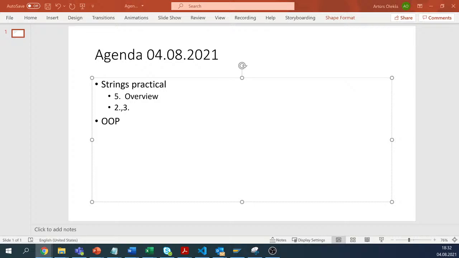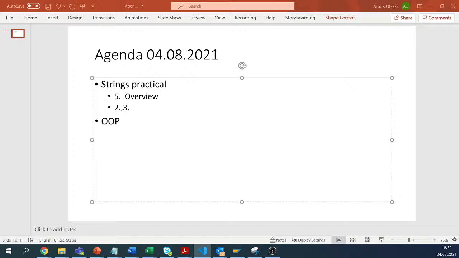But I'll let you know more about it tomorrow, so then I also share the file with you. Okay, for now, I guess we are ready to start, so I will open